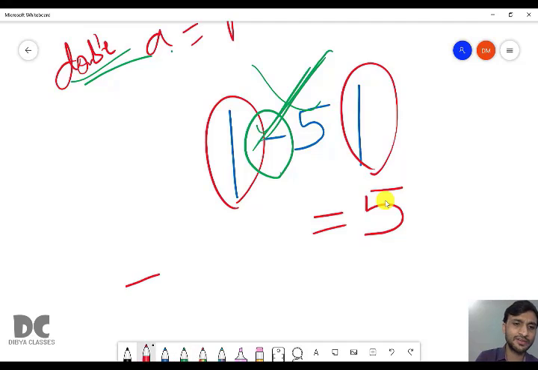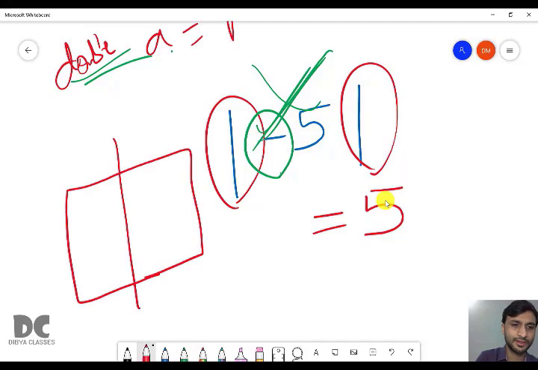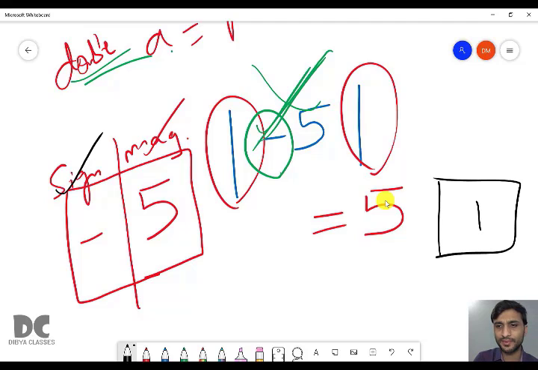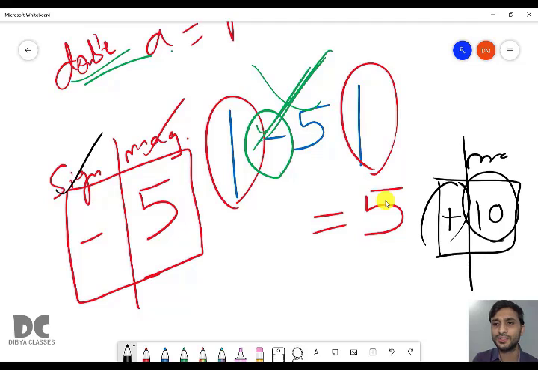So actually a number is divided into two parts: sign and the magnitude. Magnitude is the actual value. For example, -5. The 5 is the magnitude and minus is the sign. For example, you want to write 10. So actually 10 is also divided into two parts. 10 means it is plus 10. So this is the sign and this is the magnitude. So Math.abs will always return the magnitude of a number.